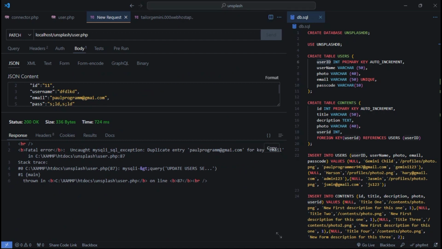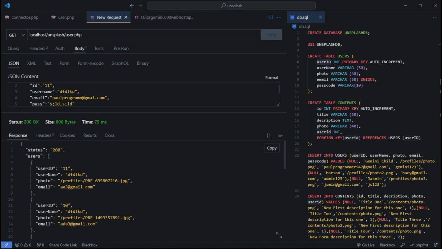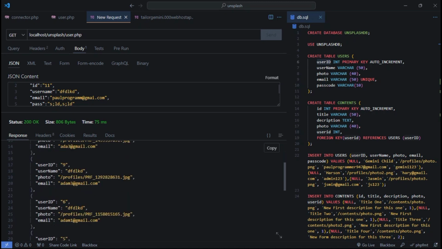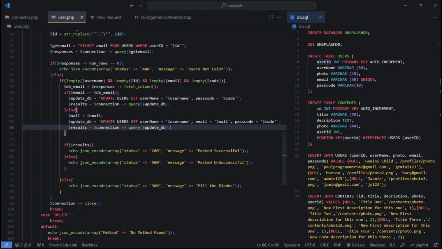So I guess we are encountering this problem because, remember, the first thing we did here, we didn't give a specific ID. So when we fetch this data, you see in every part of this attribute we were changing the username. Every username got the same thing. So that's why it's showing a duplicate error. I'm sorry for that, that is my mistake. So we have to specify where the